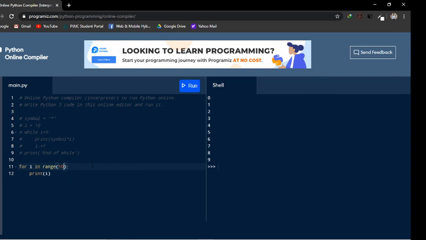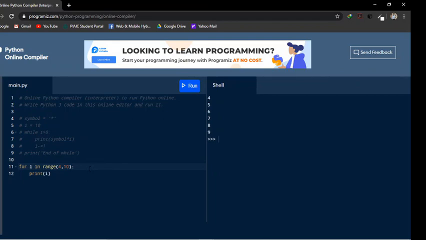In range you can also give a starting number from where you want to start your program. So I want to start from 4 to 10. Now you will see the value of i starts with 4 and ends before 10, exclusive of the 10. So you can see 4, 5, 6, 7, 8, 9.